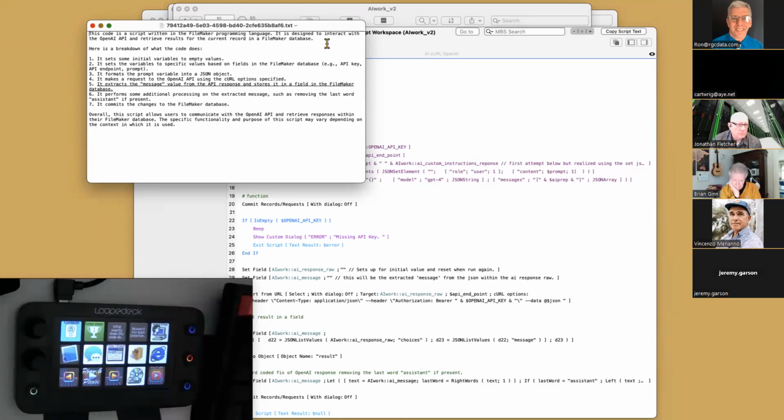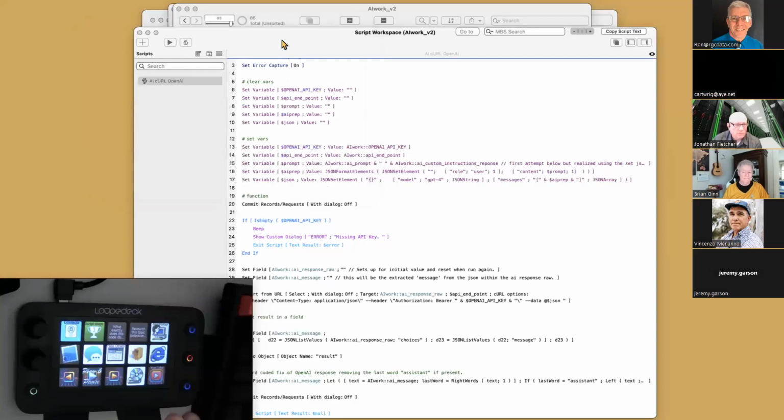It extracts the message value from the API response and stores it in a field in the FileMaker database. 6. It performs some additional processing on the extracted message, such as removing the last word assistant if present. 7. It commits the changes to the FileMaker database. Overall, this script allows users to communicate with the OpenAI API and retrieve responses within their FileMaker database. The specific functionality and purpose of this script may vary depending on the context in which it is used.